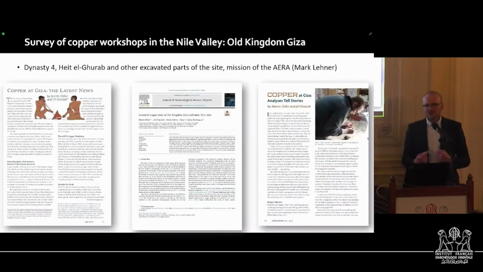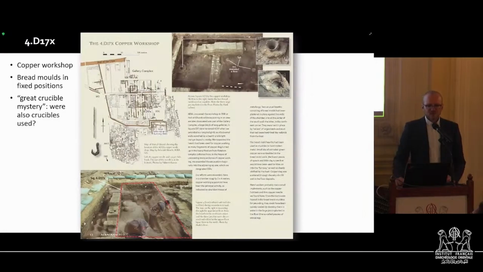When we go back to the Nile Valley, we have several workshop sites which we studied, and we published some preliminary reports and one final paper on the samples and on the artifacts that are now in the Krömer Sammlung in Vienna, and they are datable to the 4th dynasty. What we are mostly dealing with is Mark Lehner's workshop from the late 4th dynasty, 4D17X, which is a copper workshop where you can see quite nicely bread molds embedded into walls and in the corners, which were in fixed positions. And what I'm starting to call the great crucible mystery of Giza is whether in these bread molds there were crucibles used. We need to study more samples to